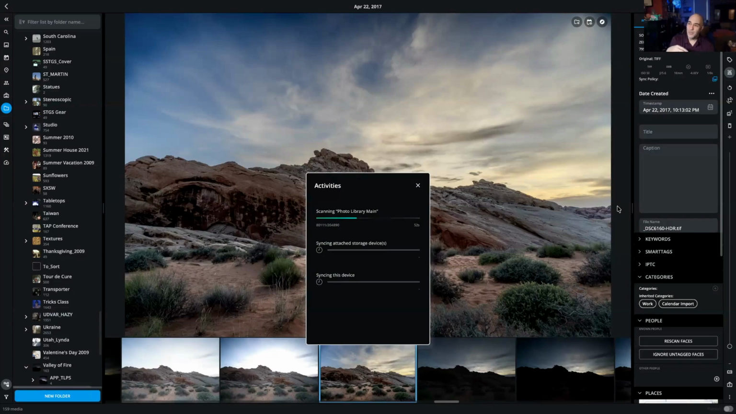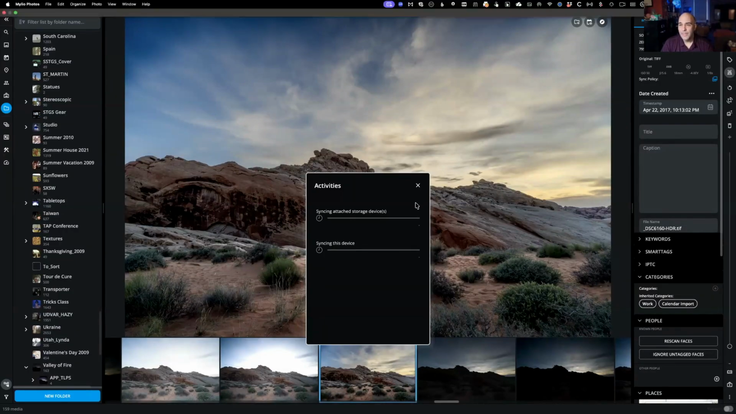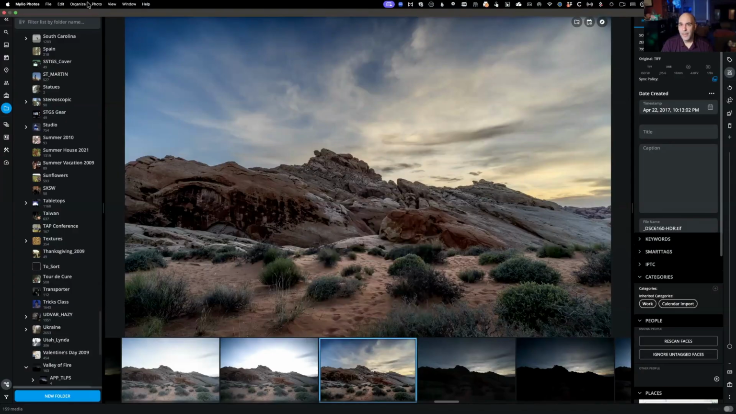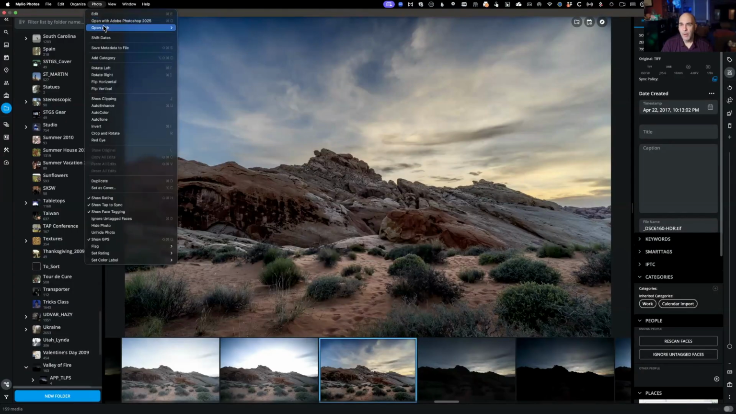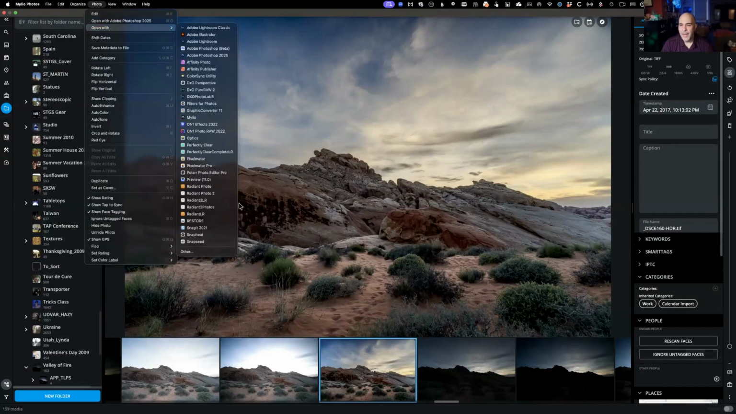So what I suggest when you go to do this active editing is either pause syncing by opening up your preferences and just flipping sync off for a few minutes and then turning it back on when you're done. But look at how fast I could just jump back and forth between apps. So in this case, I'm going to hand off to another app. I can just take the same photo and say photo open with, and I'm going to hand off to another